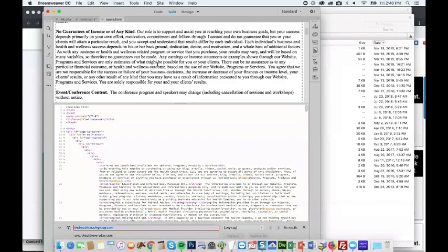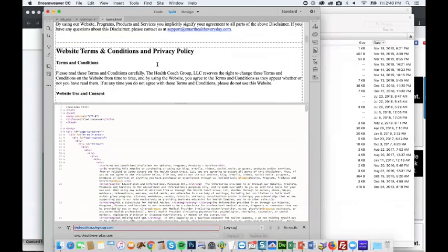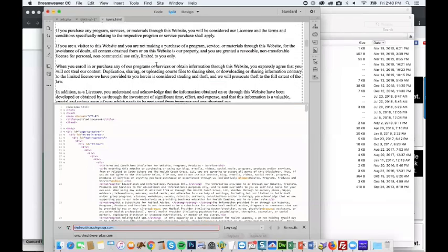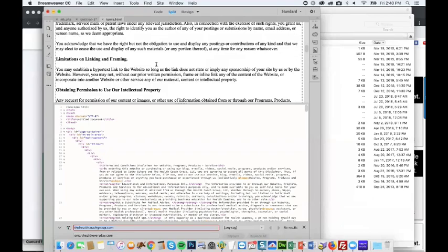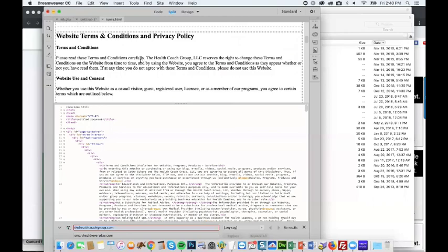All right, so now we're on the privacy policy. If you are collecting emails, then you do want to make sure that the privacy policy covers that. We are not, but still, we want to make sure it's good enough. All right, so let's just see where it started.